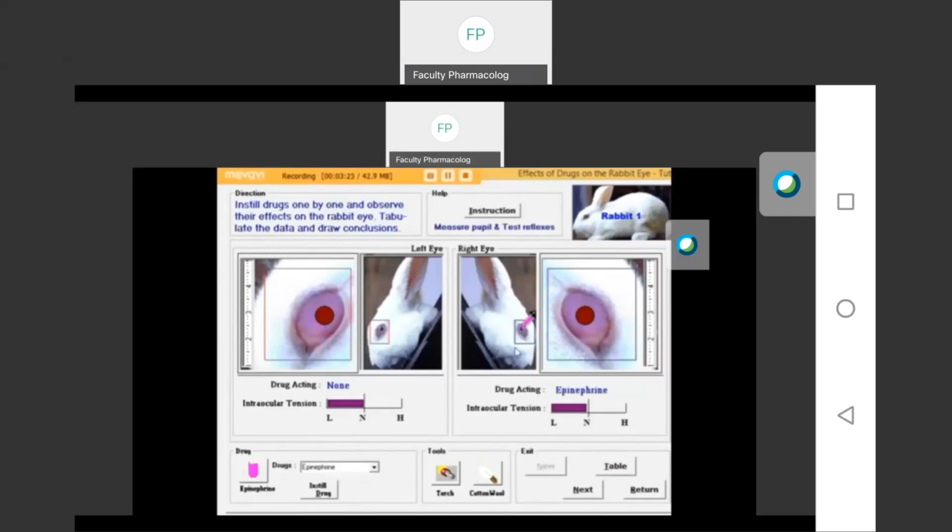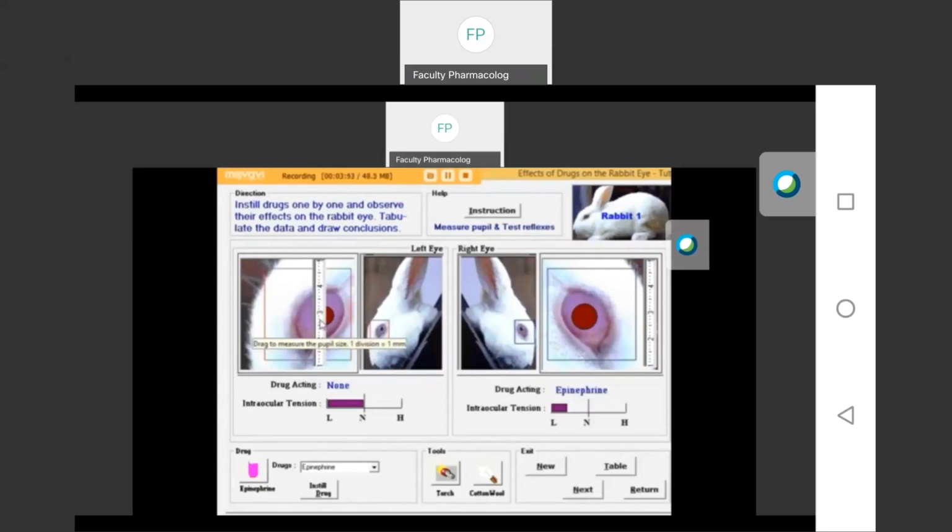Here, first step, select the drug and instill it on the right eye. You can see the changes in the pupils. Then drag the roller. So one division is equal to 1 mm, then count it.